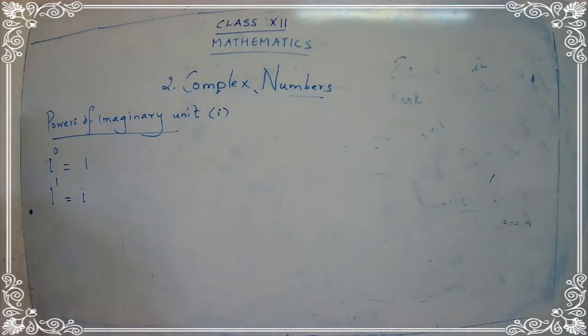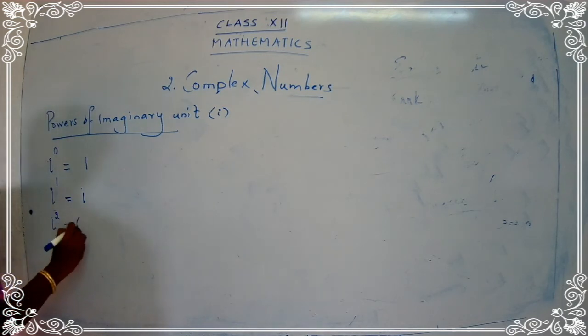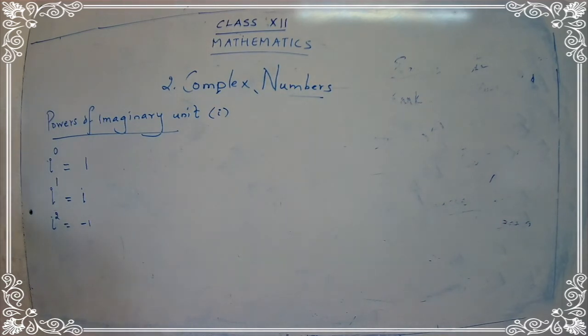Okay, done. Now let's go for the second power. This is the basic thing that we have to carry throughout our lesson, so it is very, very important. You have to know these parts. What is the first thing? i raised to 0 is equal to 1. i raised to 1 is equal to i. Now the second part. i square. Remember this value, children. i square is taken as minus 1. What is the value for i square? i square is equal to minus 1.